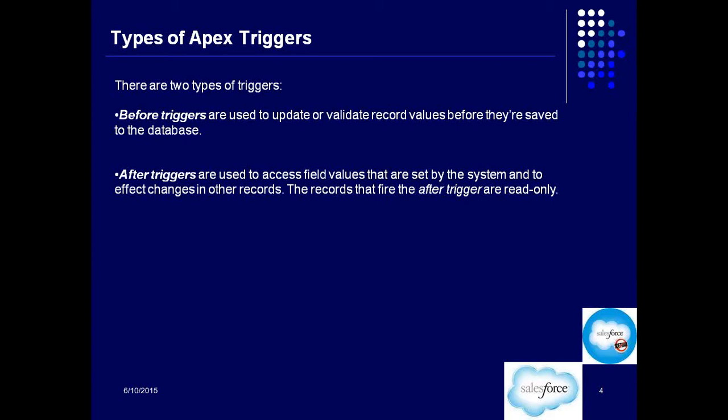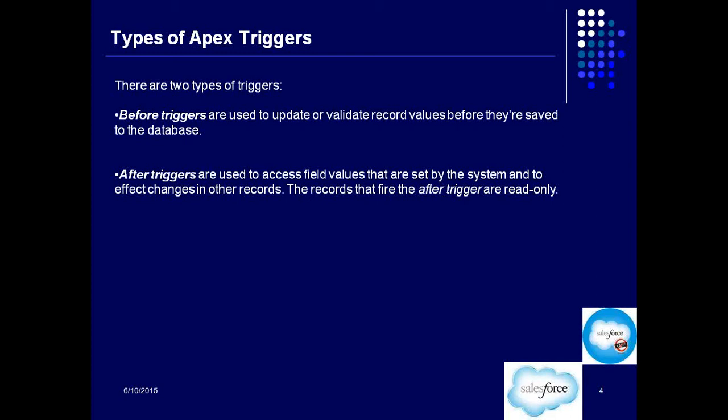So if an after trigger got executed due to some record, that record becomes read only. You are not able to make changes into that record using the same after trigger. But which is quite logical also, right? So if I keep on making changes to the same record which is triggering the event, then what will be my standard reference point? Right.